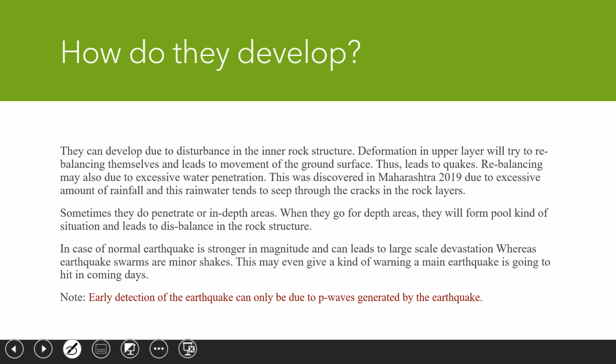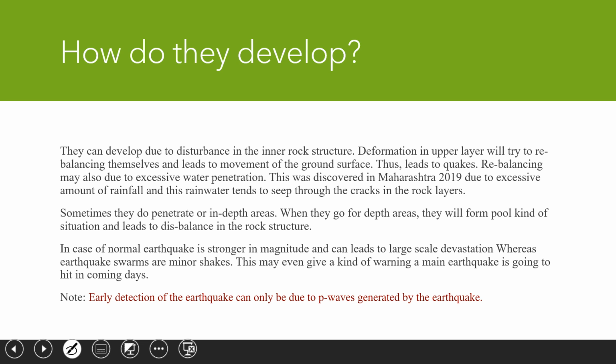Earthquakes can occur because of the converging of two boundaries, the diverging of two boundaries, or transform kinds of things, like the rubbing of two boundaries. These three are common causes, but what is the reason behind earthquake swarms? Okay, we will see in this slide.